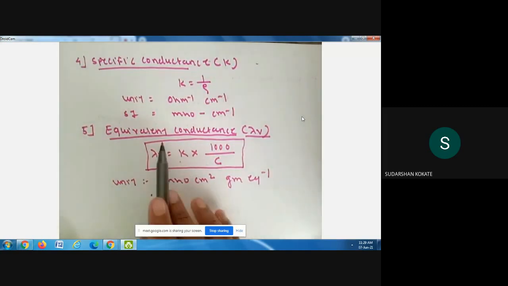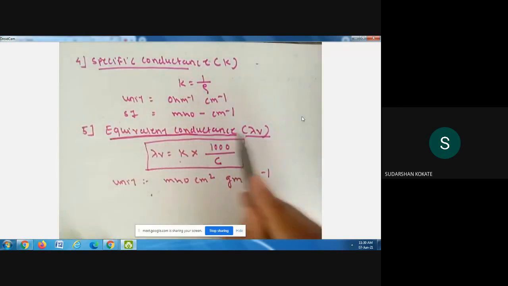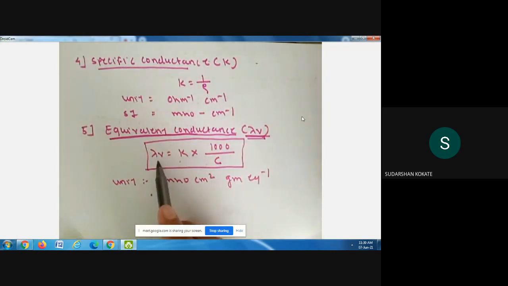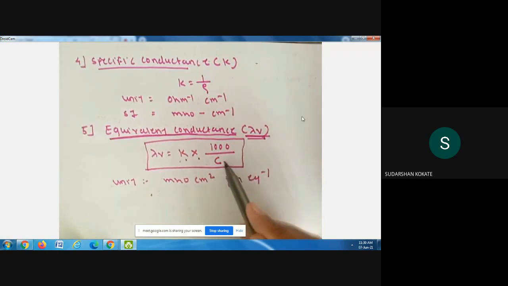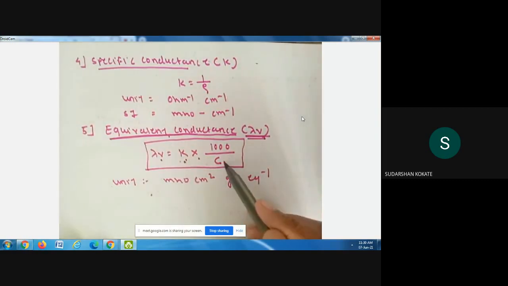What is equivalent conductance? It is the conductance of a solution containing 1 gram equivalent of electrolyte when placed between two large electrodes 1 centimeter apart. It is known as equivalent conductance, denoted by lambda v. So the formula is lambda v equals k into 1000 divided by C. So lambda v is equivalent conductance, k is specific conductance, and C is